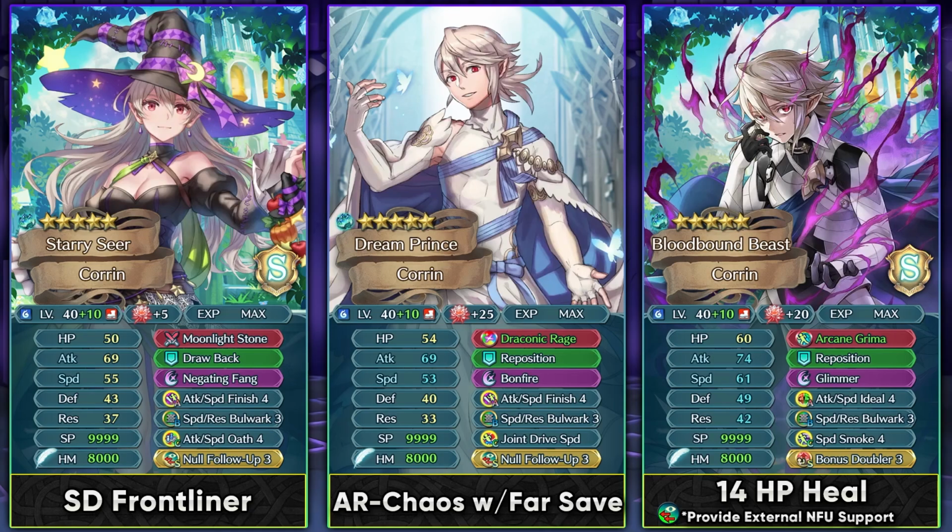She can work as a pretty good frontliner because of having that damage reduction from her weapon, and both Adrift Corrins can also make pretty good use out of this weapon because of the damage reduction, and also the fact that they've got special acceleration similar to Tiki, so they can just retaliate back with their specials and work pretty well with the skill. You can also run this with Arcane Grima actually, so that you can get 14 HP